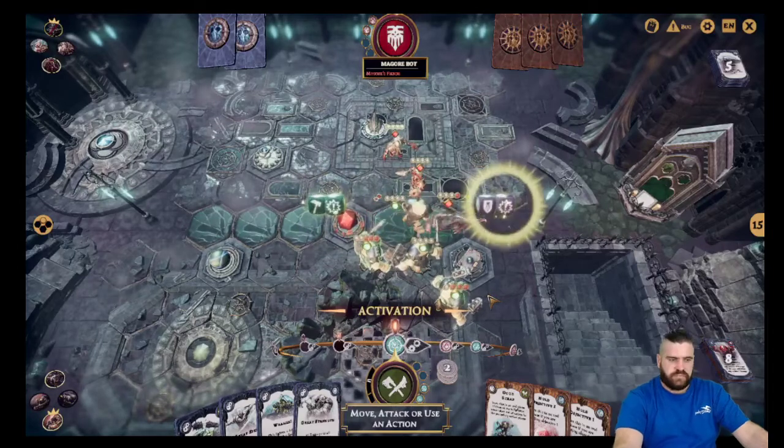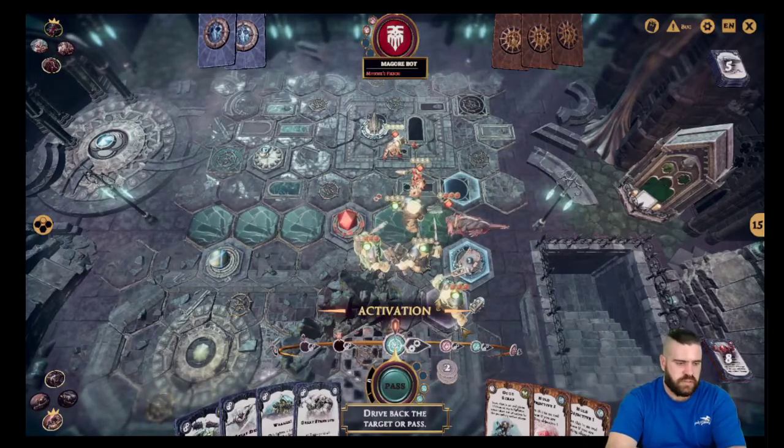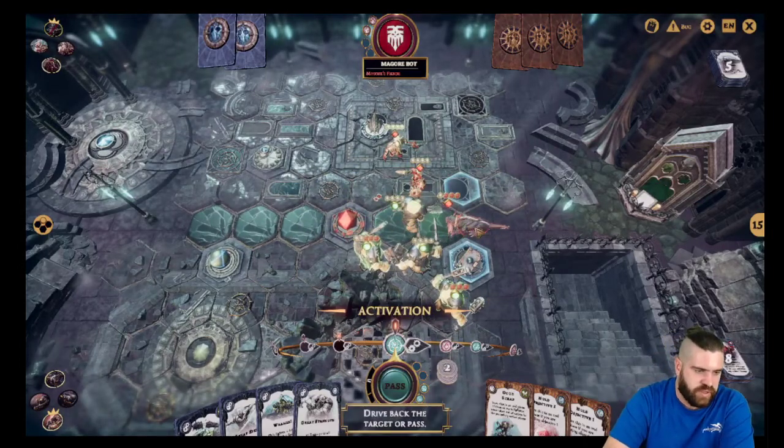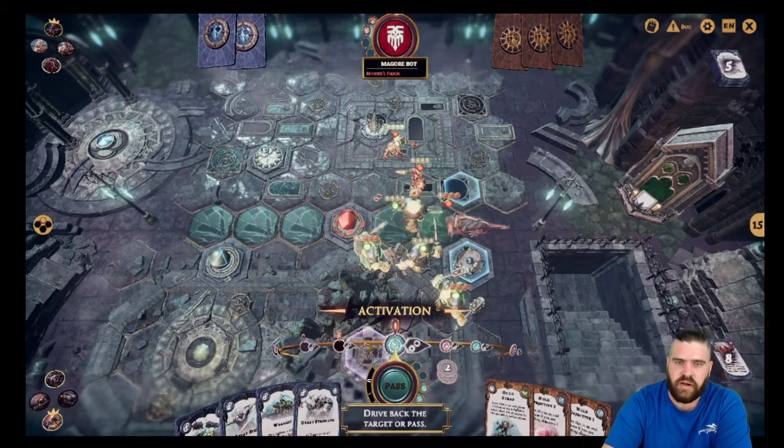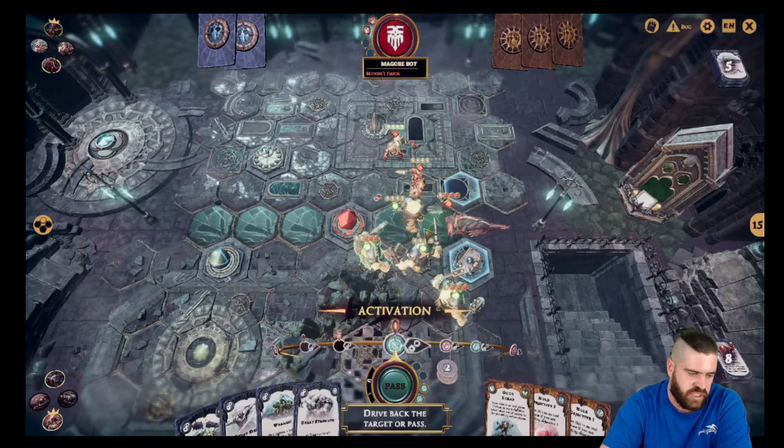Oryx. Cop that. The reason that worked is because he needed dodges to block the attacks as opposed to the shields. So we'll drive back the target into this little...